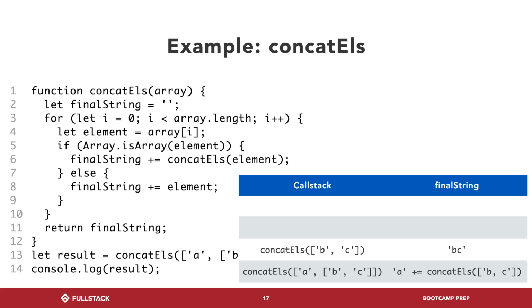And so almost exactly like in our sumNums problem this morning, concatAll of array B comma C is equal to BC, right? So we just take this value and we replace it to whoever was looking for it. Whoever was looking for it said, hey, I had this A string hanging out. I need to add it to concatAll B comma C. Well, great, it's just BC now. And so when I add it up, I get A, B, C.